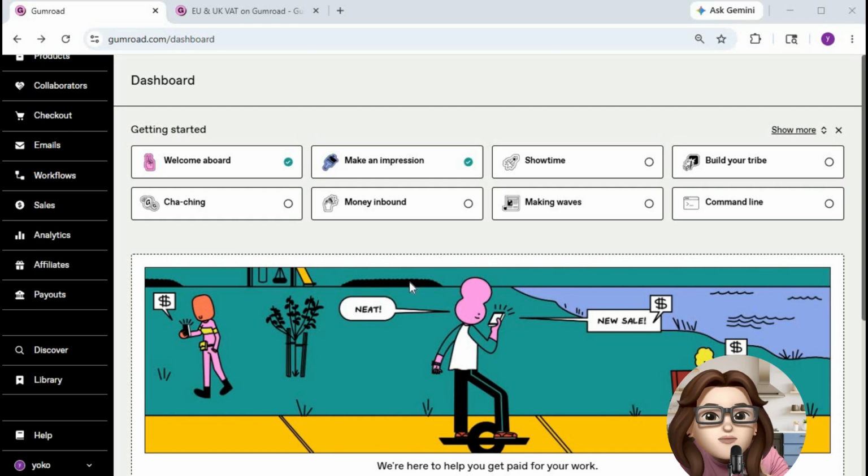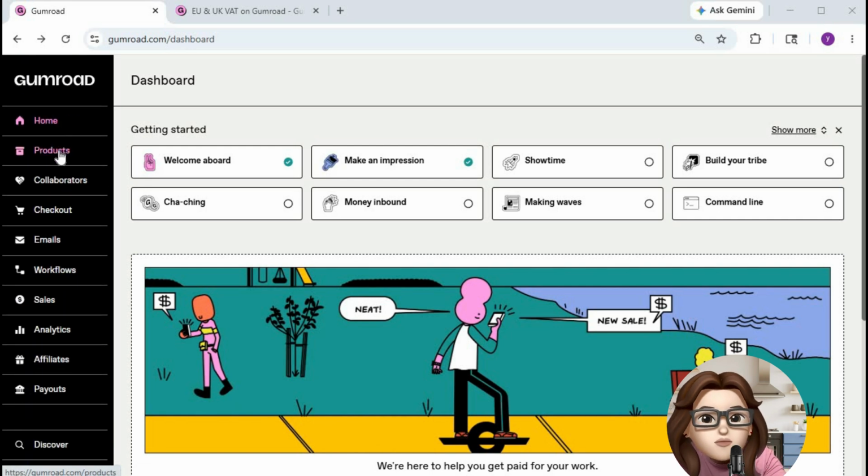In this tutorial, I'm going to show you how to handle VAT on Gumroad. First, open Gumroad in your browser and sign into your account. Once you're inside your dashboard, you will see different sections for managing your store such as products, sales, analytics, and